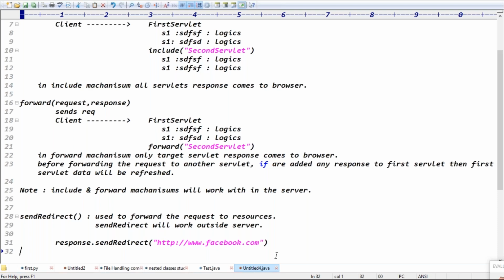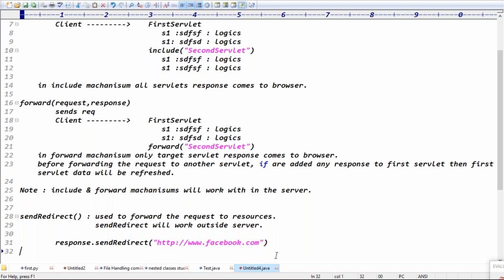Am I sending any response back to the browser, is the browser sending any request again? No, right? So include and forward work at the server side only, then give the proper response to the browser. That's it. What about send redirect? Rani is asking to send it to Facebook. Can I redirect the data to Facebook?